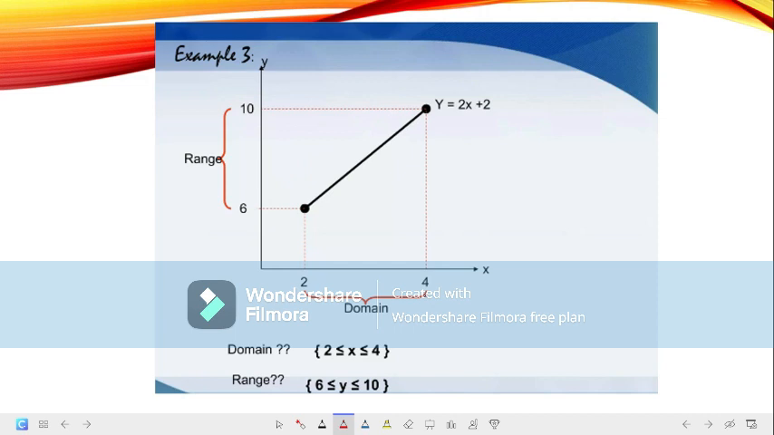If 2 and 4 are included, we have here to find the domain and range using the interval. This is how we are going to write. Okay, so for the domain using the interval, that would be,